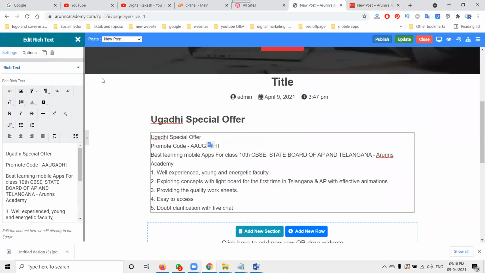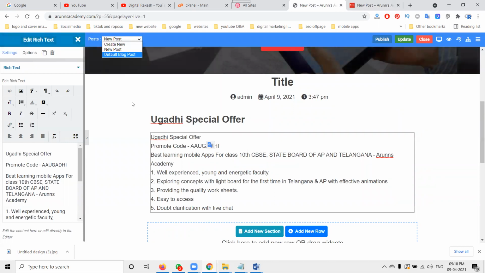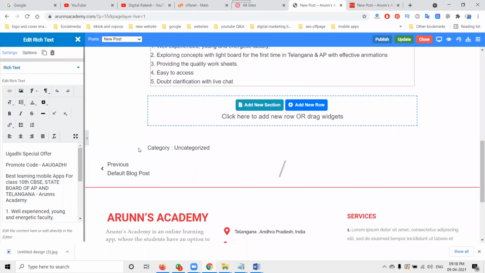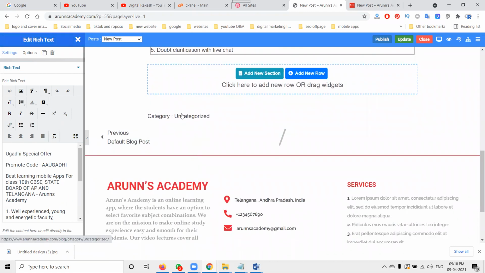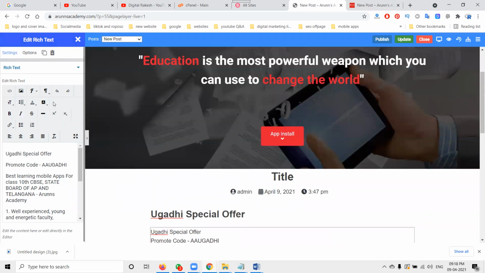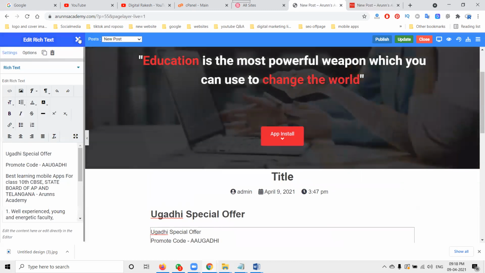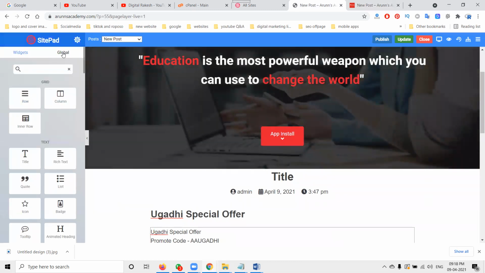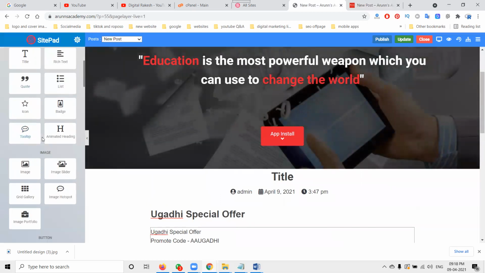In this, the particular option will be selected for the particular blog option. See here, the category and blog post, whatever changes you can make. Everything will be in your particular things. Here we have global, widgets, row, and column options.